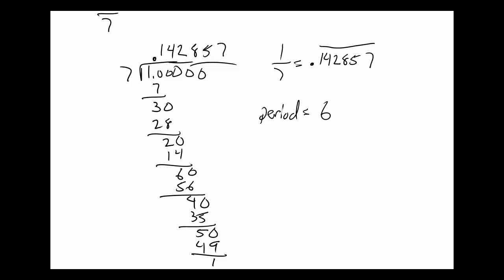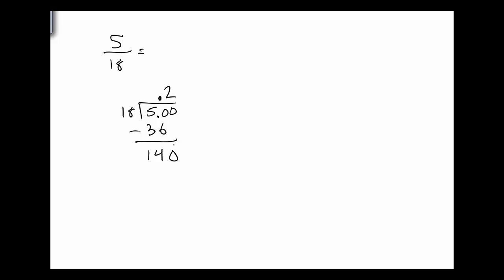Okay, let's look at one more example of this. Let's do 5/18. Okay, so 18 into 5 obviously doesn't go, so we're going to put a decimal point there. And let's see, 18 goes into 50 twice, 36, and when I subtract that I get 14. We're going to drop the 0,